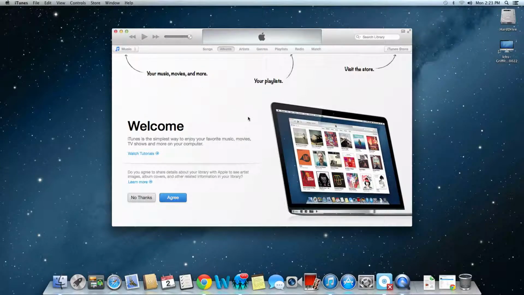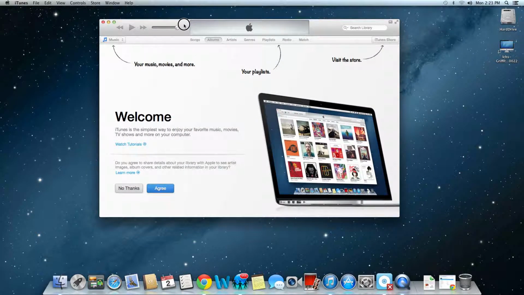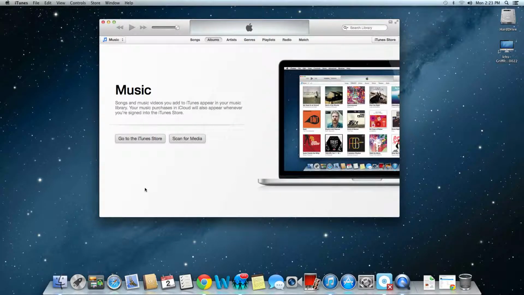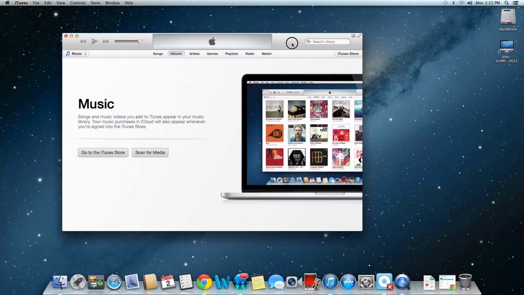And then this is new to me, this version of iTunes, so I'm just learning as we go here. It's asking if we want to share details about our library with Apple, etc. We'll just say no thanks, as that's not necessary. Okay, we now have the iTunes